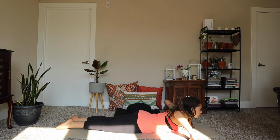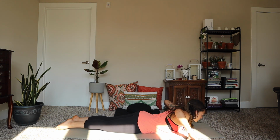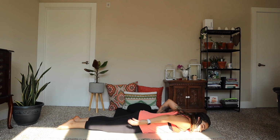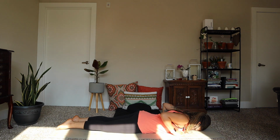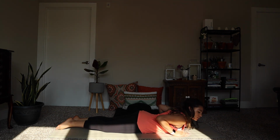Letting the inhale draw you up, helping your back muscles really pull your front body up and open. 1 more. And relax everything down to the mat for 1 full inhale and exhale. From here, bring your palms back under your shoulders, forehead to the mat. We're going to have a couple of options here. So you can push up into a full cobra, which is with straight arms and your thighs sit on the